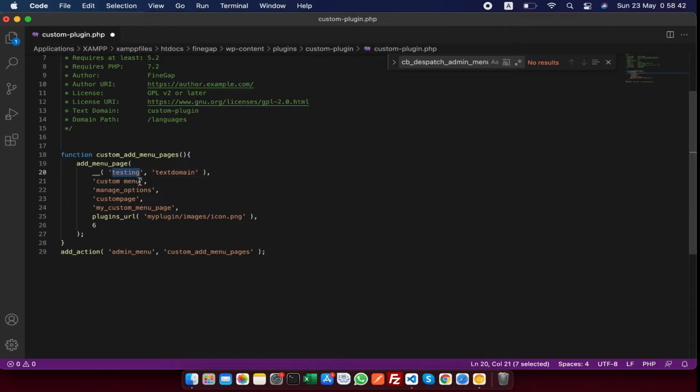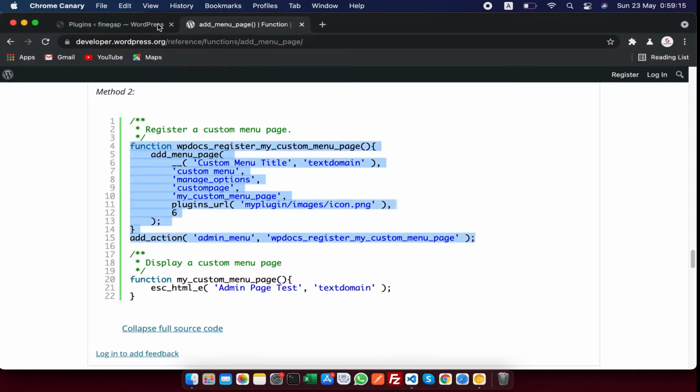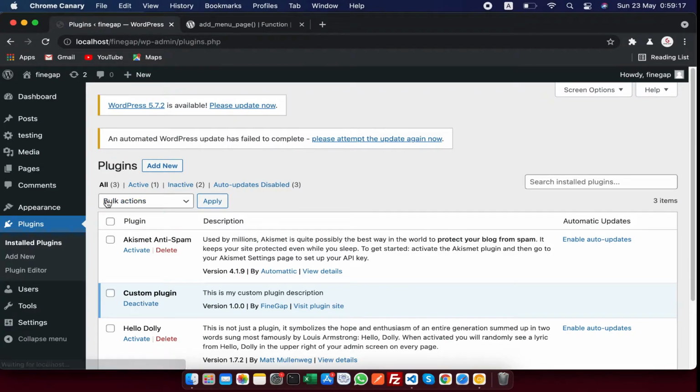Copy it. Paste it. This is a callback function. I am removing the callback function. I will tell you later why I am doing this. This will also be empty. So save it and go to WordPress and refresh.